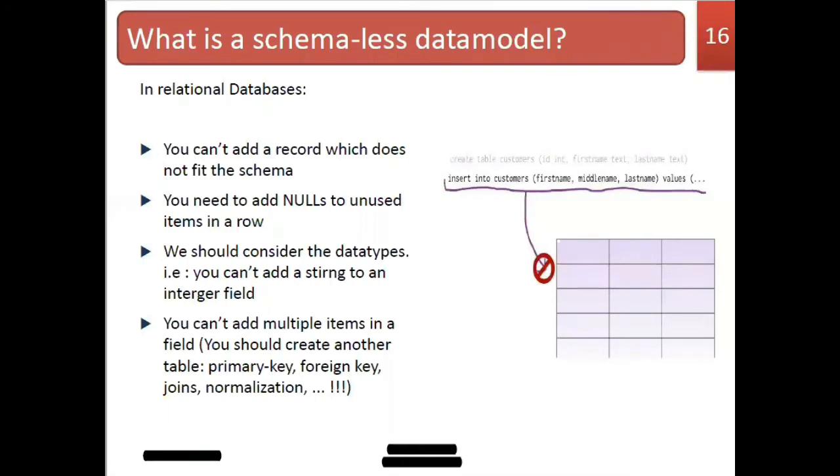We already studied what we mean by schema. Schema is the structure of your table, that is, how you describe your table is called the schema. In all relational database management systems, you have to follow your schema.